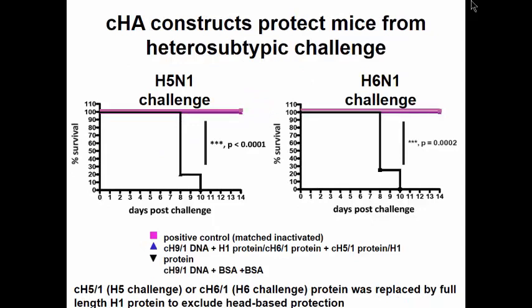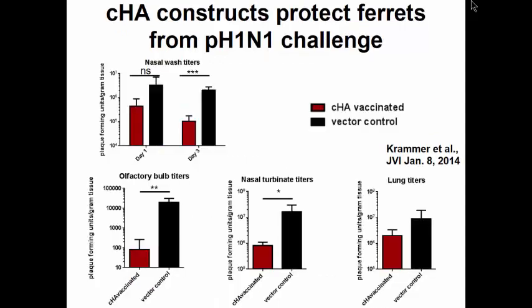In this case, we have used H5 challenge and H6 and have vaccinated them again with the stalk vaccine. So this works very, very well. It also works very well in ferrets. It also works very well in terms of guinea pigs. So we have quite a lot of data in terms of animals, but again, mice are not men, etc.